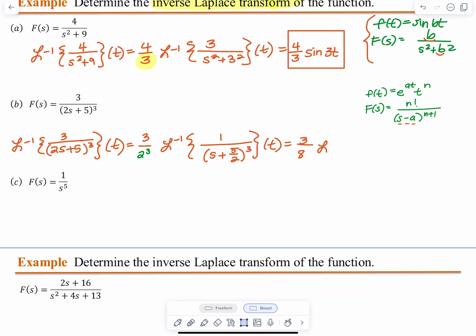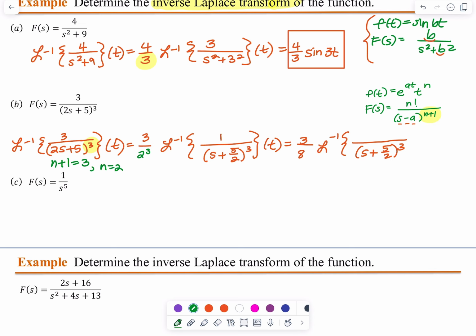So now we have the inverse transform divided by (s plus 5 halves) cubed. So as you can see here from our formula, n plus 1 is going to be equal to 3. So n is equal to 2. So we will need a 2 factorial in the numerator, so we will have to have a 2 factorial in the denominator. So this is going to be equal to